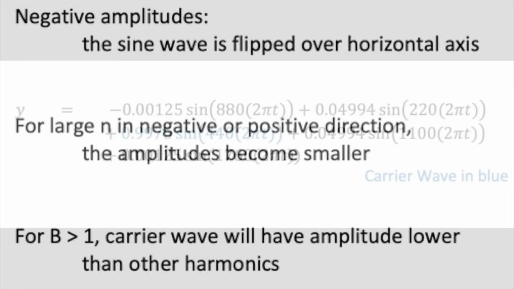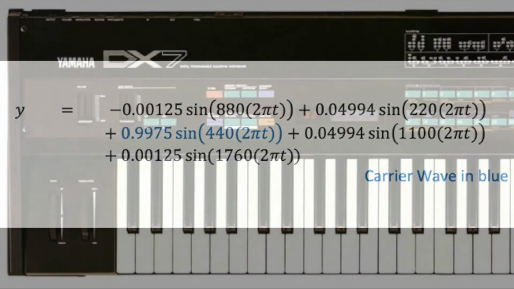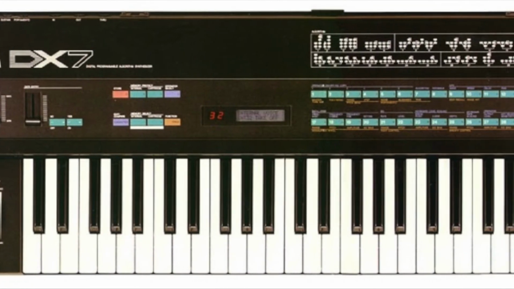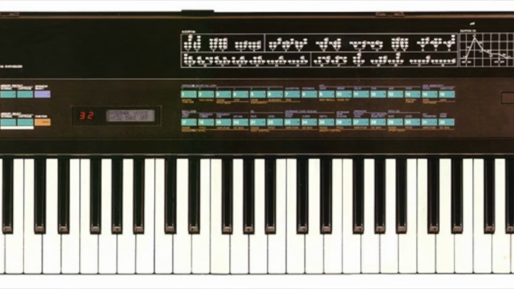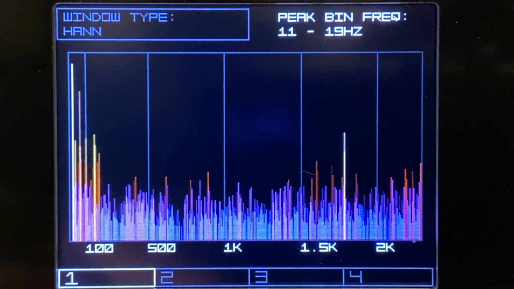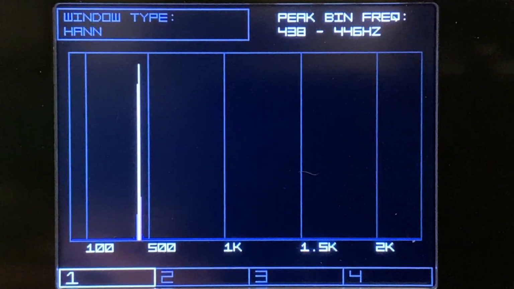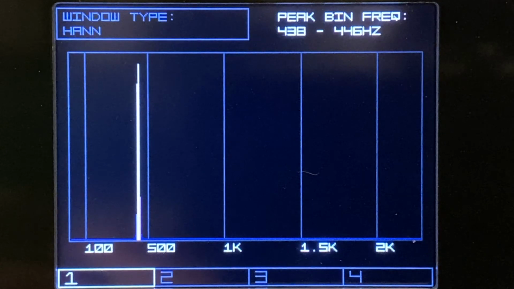We can hear this modulated wave and see the component frequencies on the spectrum analyzer using the Yamaha DX7, which was one of the most popular commercial synthesizers sold by Yamaha using FM technology. So first, here's the sine wave with no modulation index. Keep in mind where you saw the peak, that was again the frequency of 440 Hz. And now I will bring in the modulation index up to that level of 0.10.